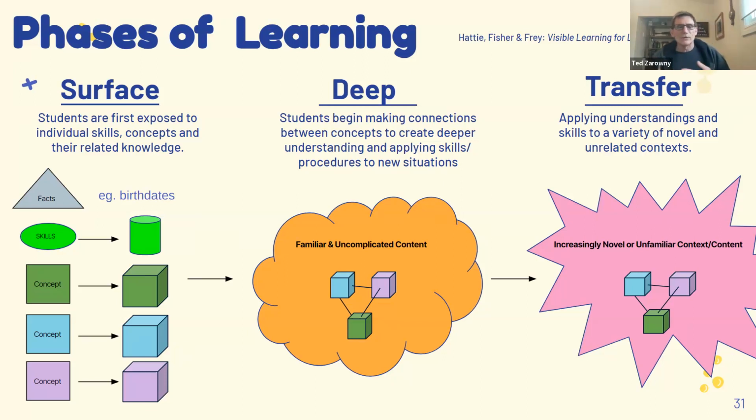But we need to move beyond that and go to the deep. And the deep, again, is where we link those concepts, so the individual pieces of knowledge, together into something kind of an understanding. And that understanding becomes something a little bit bigger. And as Chris mentioned, it's the understanding, the statements in that middle column of the curriculum, that we're really driving towards. And it's composed of all the little bits of knowledge in the surface level, all the concepts. And we get students to demonstrate their understanding of those things through the use of various skill words, such as comparing, contrasting, representing. Maybe they're discussing something or explaining something. And so we're looking towards getting that deep understanding of things.